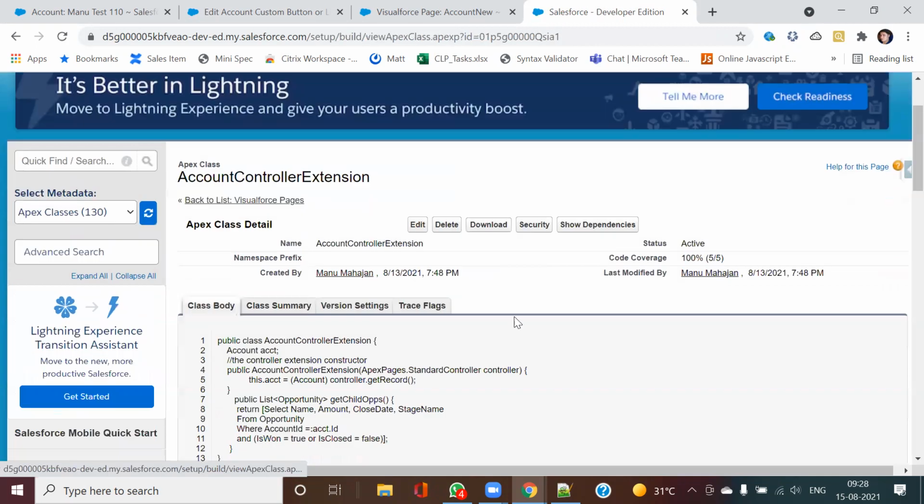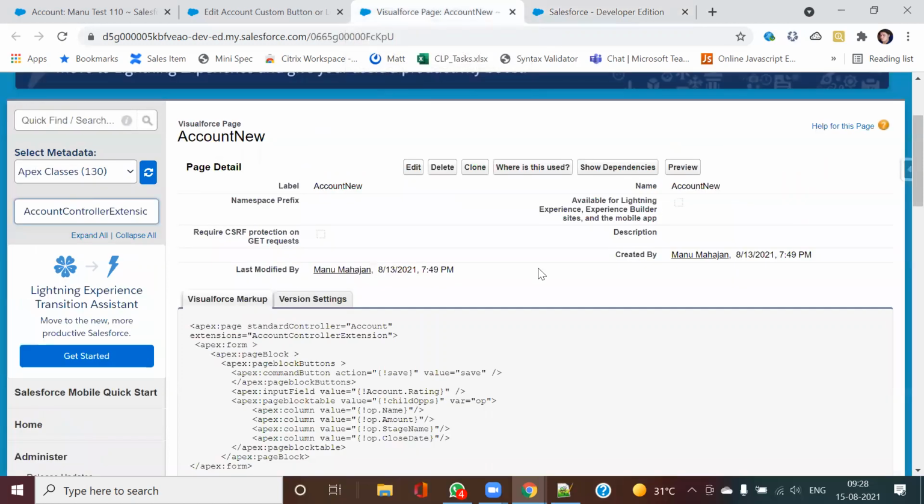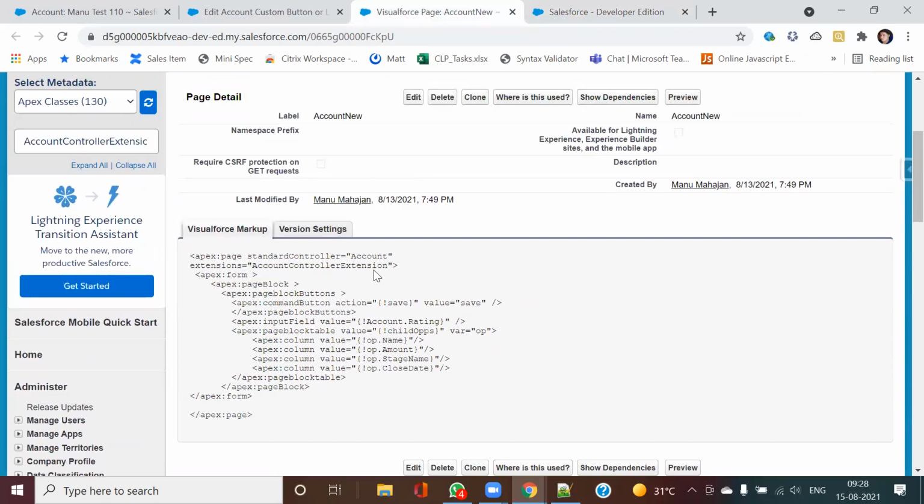So I will give you this code, and if you want, I want you people to try it out. Inside this code, I want you to update the account rating also before saving the record. Now if I go here, this is what has been done. First of all, you have this command action save button.